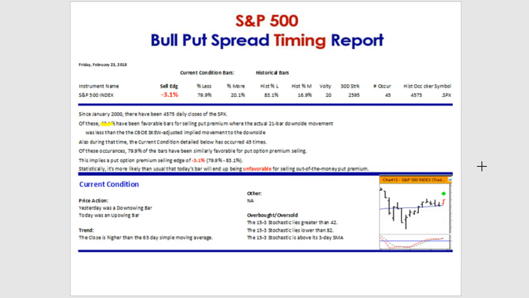We have a negative edge. So statistically, it's more likely than normal that the current market condition will end up being an unfavorable one for selling out of the money put premium. Now, you can still put it on and you're still at about 80%. That's pretty darn good. So if you have a way of putting on credit spreads or selling that put premium where you could weather the storm, when it goes down against you and strikes that strike price, 20% of the